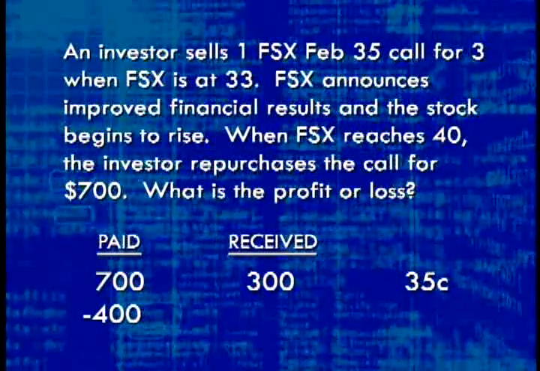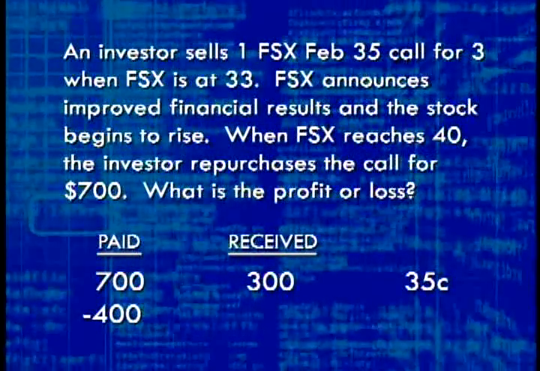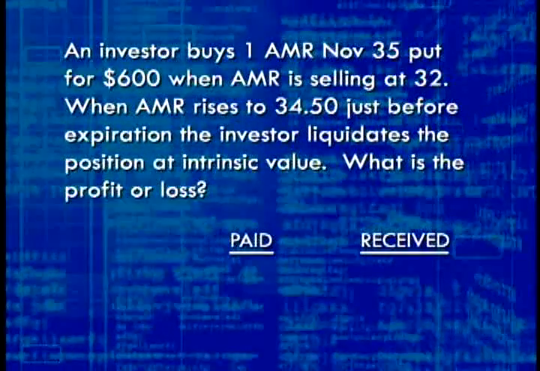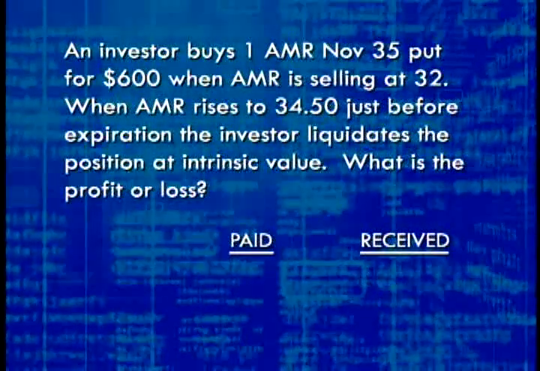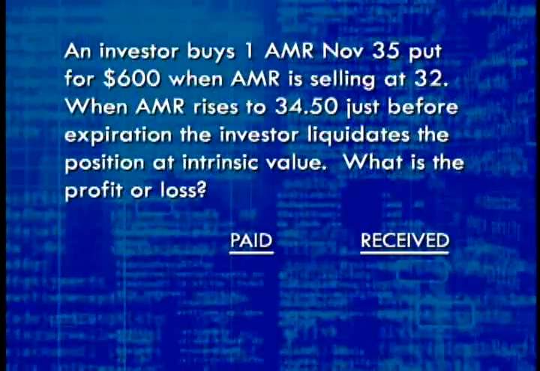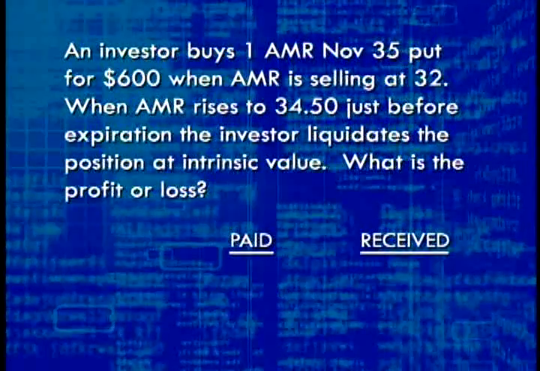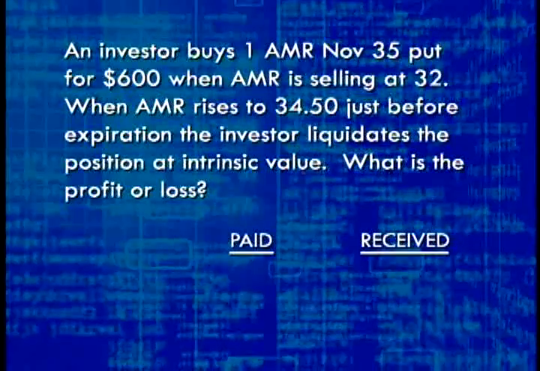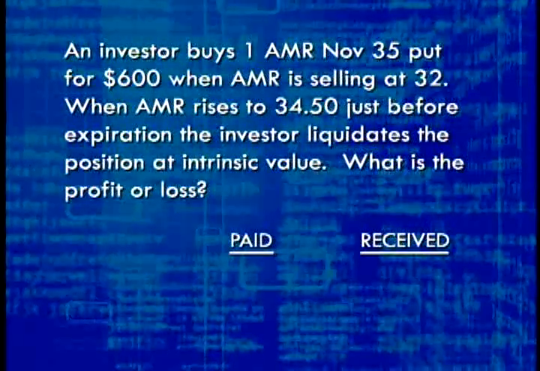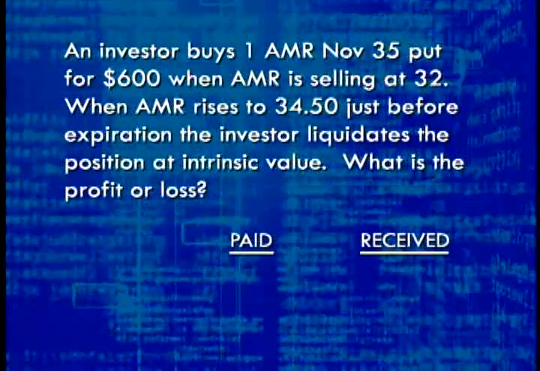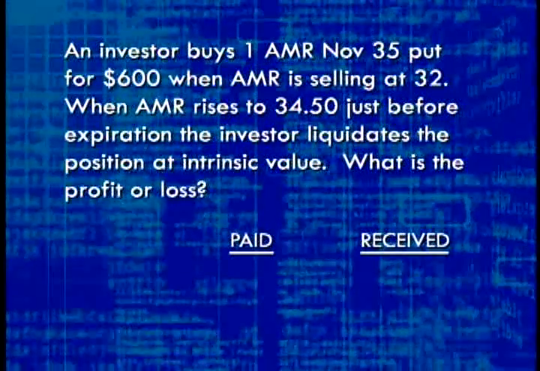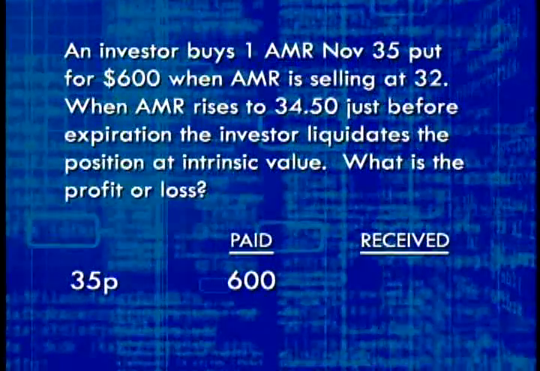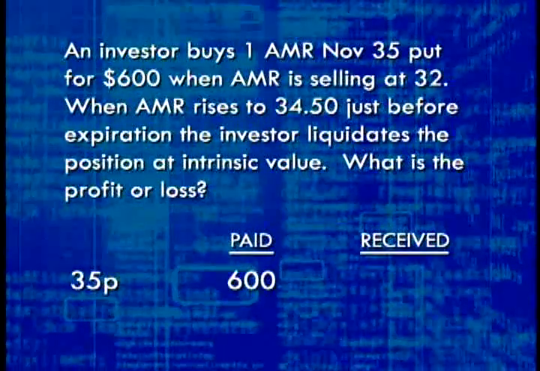Now, in some of these problems, the information is going to be given to you indirectly. You may have to dig it out. So, for example, we have in this case an investor who buys a put for $600. Later, the stock rises, and just before expiration, the investor liquidates it and closes out their position at intrinsic value. What is the gain or loss? Again, we start by pulling up the T-chart because it's a gain or loss problem. Now notice, what did the investor start by doing? Well, they started by buying a